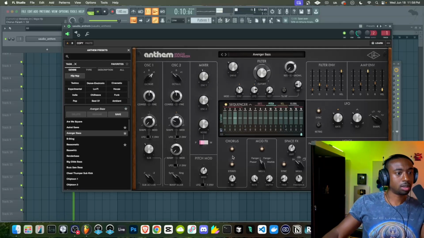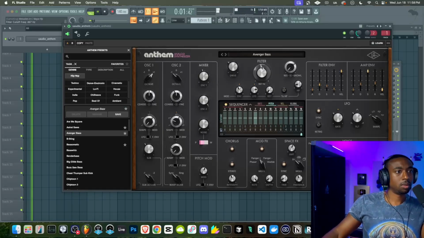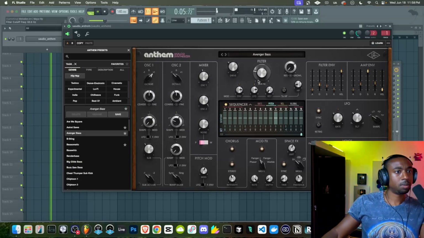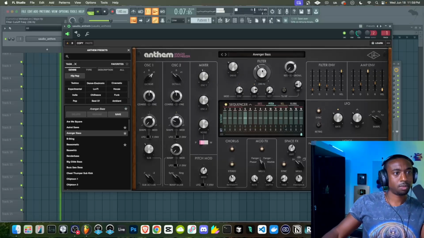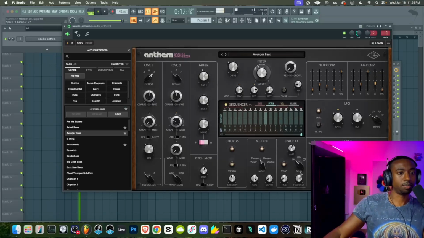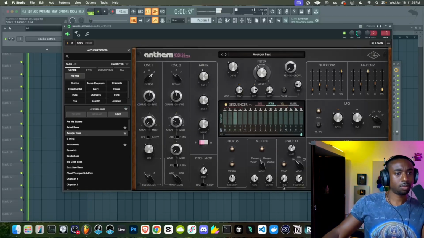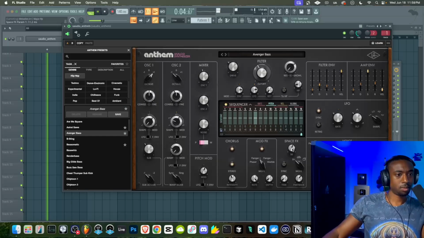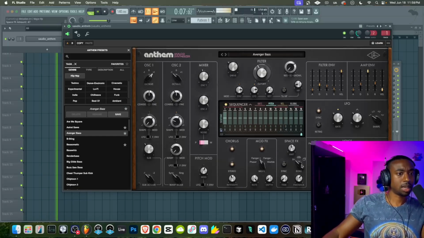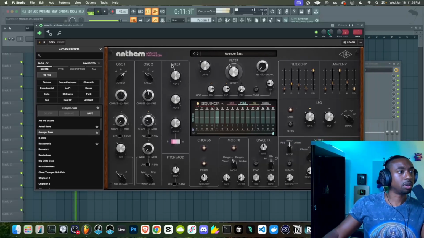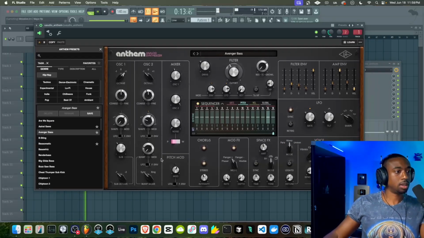Let's add some chorus. Add some envelope to the filter. I'm just tweaking stuff until we get a really quirky sound. Let's add a little delay here. Switch it to a spring reverb. So I like the weirdness of the tone so far.